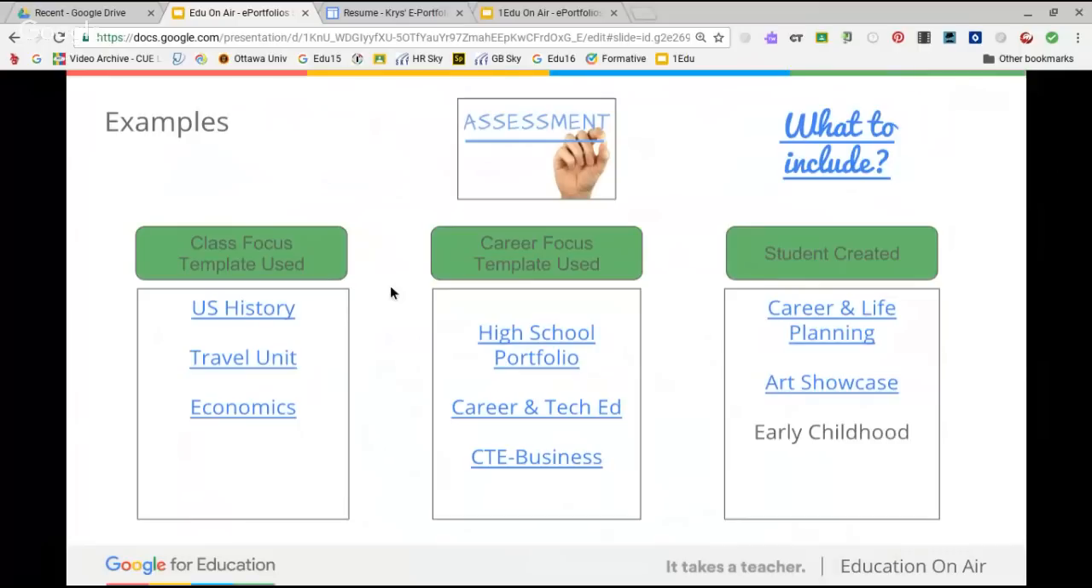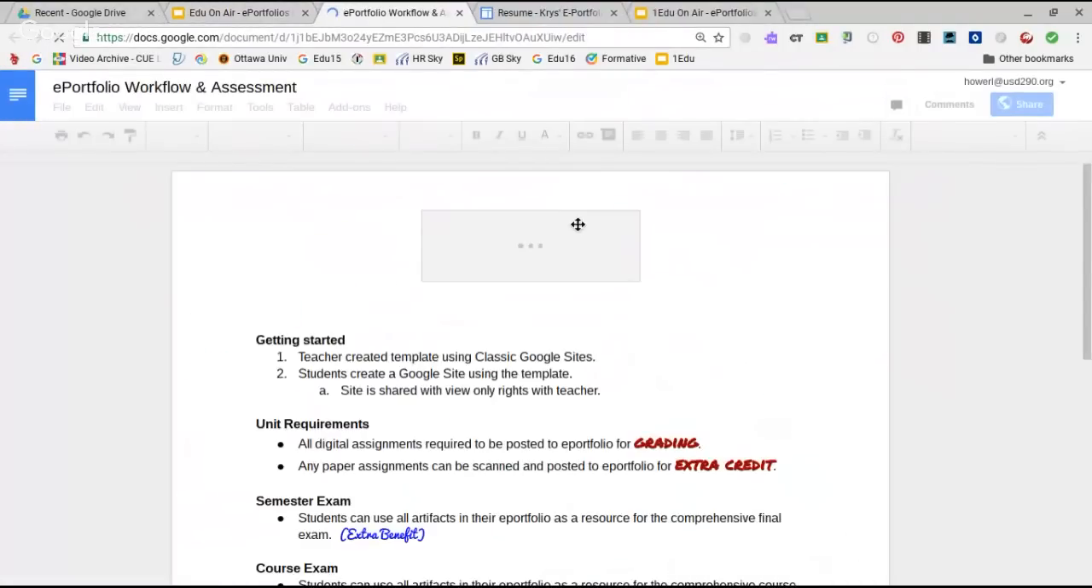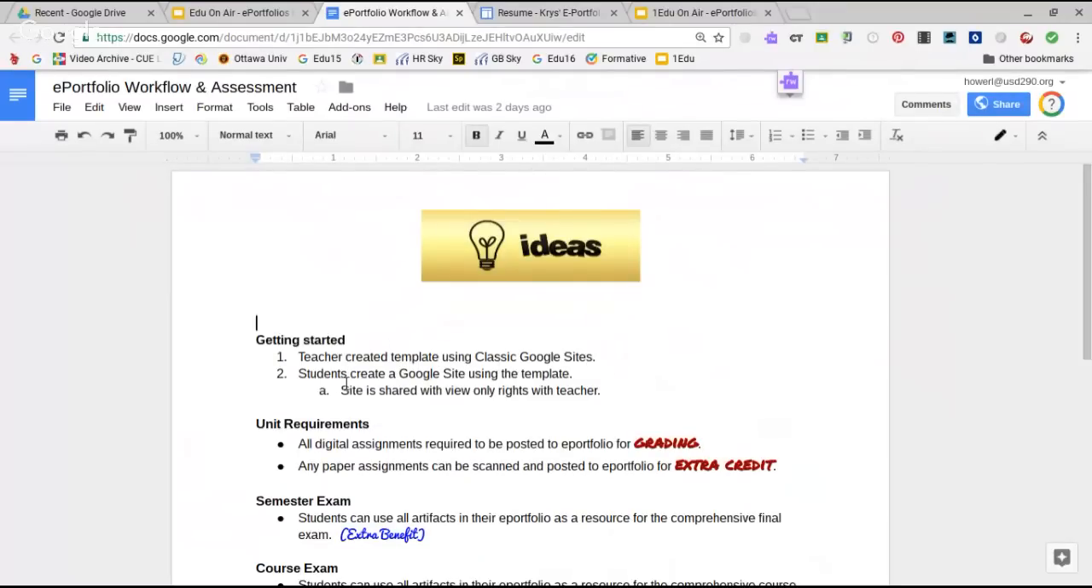When you're thinking about how to use an ePortfolio, this one in particular, we don't have time to open these, but all the rest of these you will be able to view. This one in particular covers a year-long history class. And the way the teacher structured this portfolio is with these assessments. This document should open for you. So the teacher created the template using classic Google Sites. And then the students,